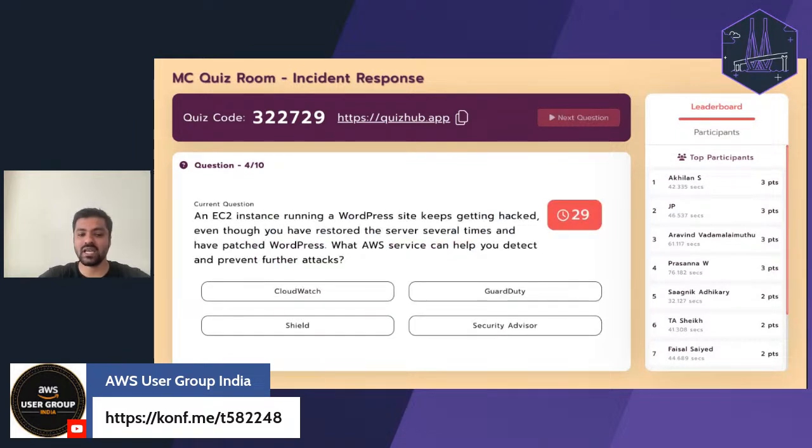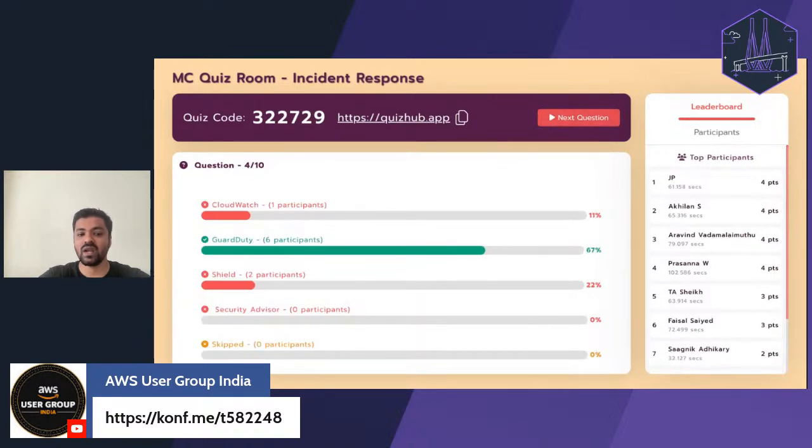An EC2 instance running a WordPress site keeps getting hacked even though you have restored it several times and patched WordPress. Which AWS service can help you detect and prevent further attacks? CloudWatch, GuardDuty, Shield, Security Advisor. And the right answer is